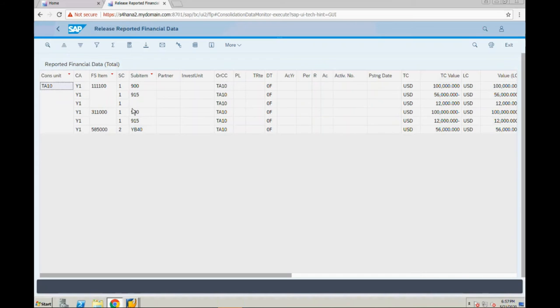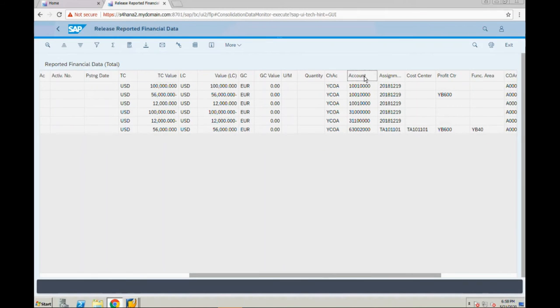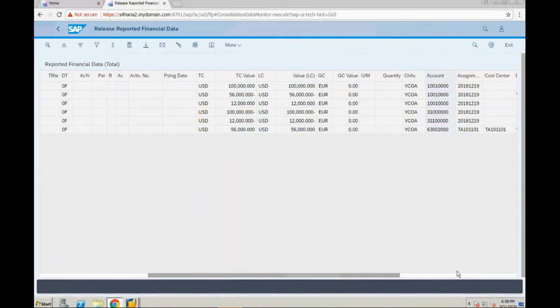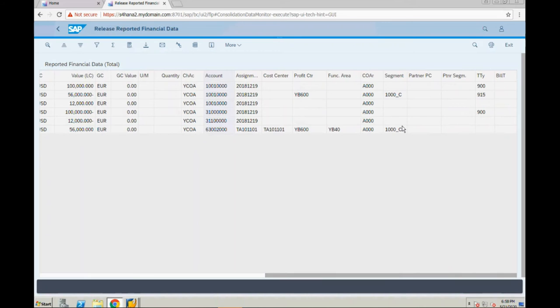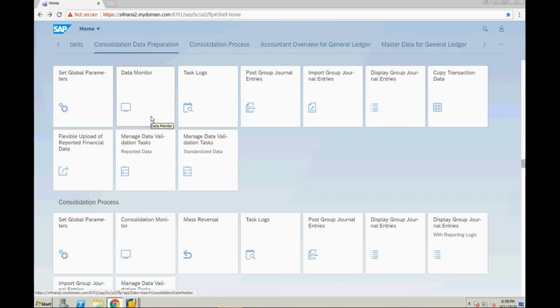So this is the data which is coming from the ACDoc A table, and the ACDoc A table data, these are my operational chart of accounts. This account is my operational chart of accounts. These operational accounts are mapped to my financial statement item, and this is the data it is going to write in the ACDoc U table once the end user executes this release data. Then once he releases data, the SAP companies are released. What about non-SAP companies? When the data is released, it goes to the ACDoc U table.